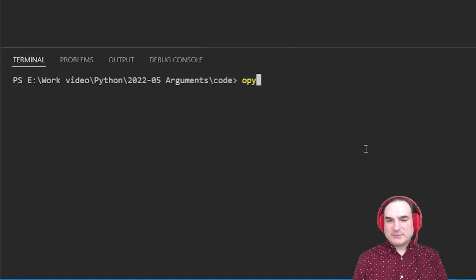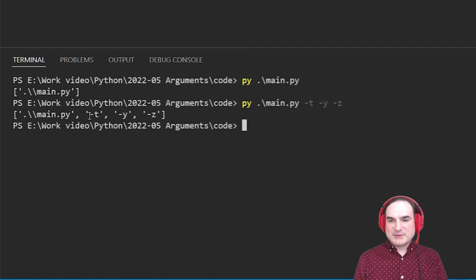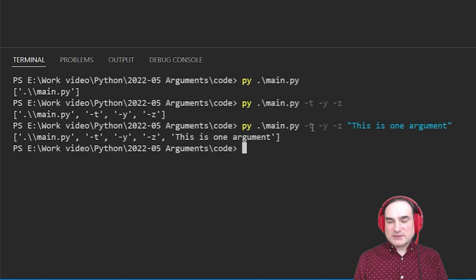Now, if we run this painfully simple example with no arguments supplied at all in the command line, we get one item in the list, and that's the script name as a relative path. But if we run it again and pass some arbitrary arguments into it, we'll see those show up as other elements in the list. Anything separated by spaces on the command line is treated as a separate argument, although anything placed in quotes will be treated as a single argument by itself. Now, it isn't hard to make use of these in a Python program.